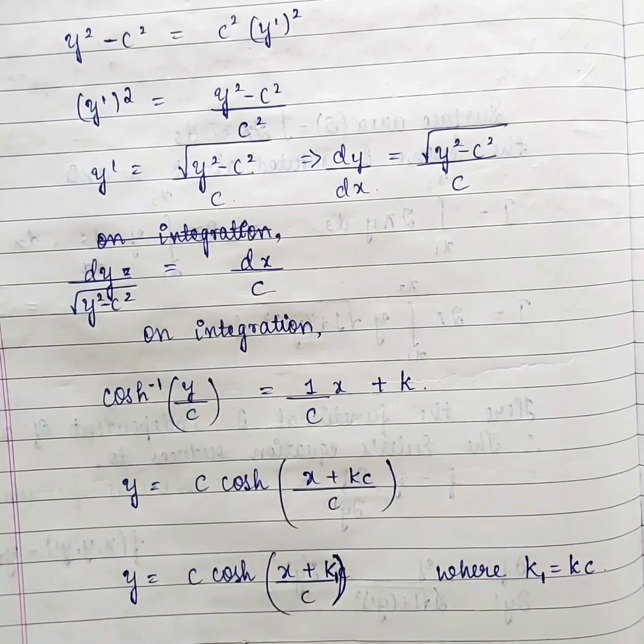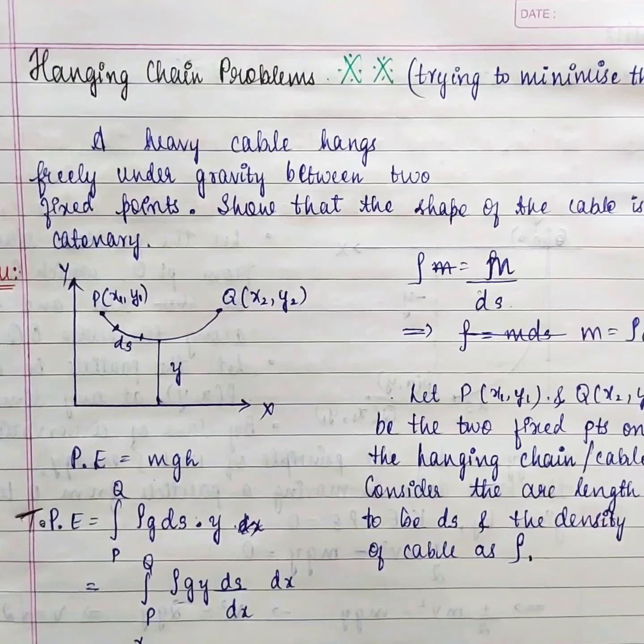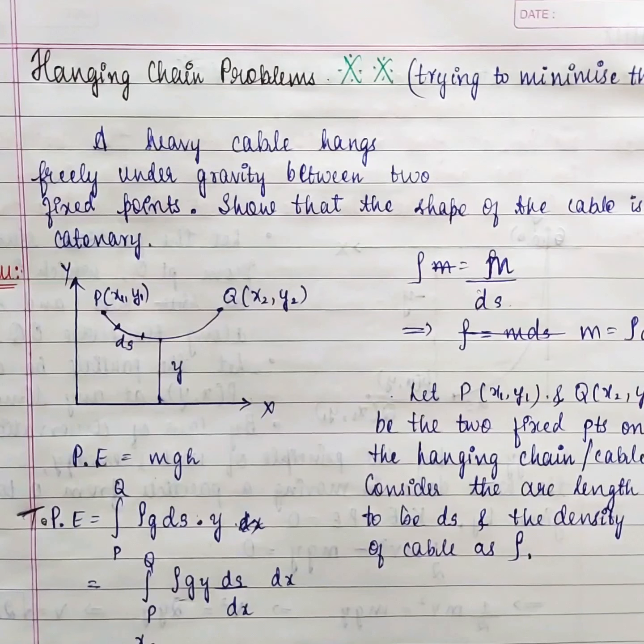So this is the standard form of a catenary, and hence we proved that a catenary is the curve which when rotated about a line generates a surface of minimum area. Actually we said extremum. Proving that it is a minimum is the next thing. So definitely this is an extremum point. This is a very important proof.